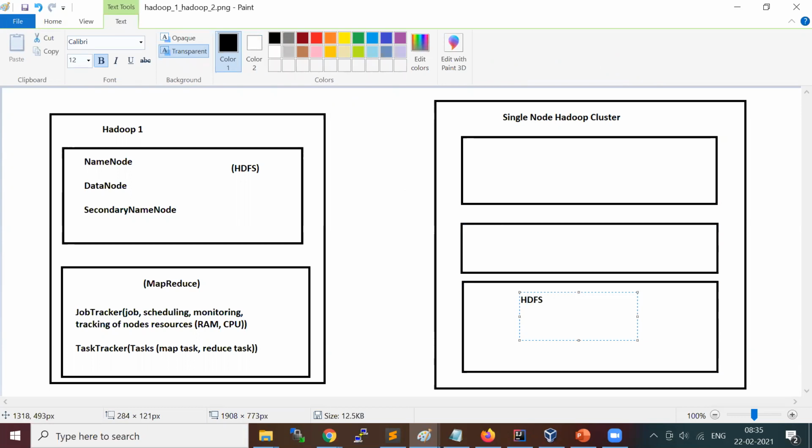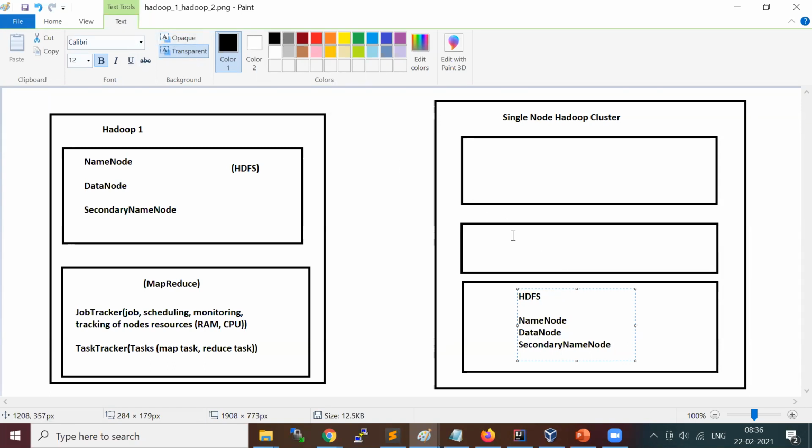Here we are going to configure the name node process and data node. Yes, we are setting up a single node, so we want to set up all the master processes as well as slave processes in the single machine. Name node and secondary name node, all these three processes with respect to HDFS, we are going to configure in this machine.